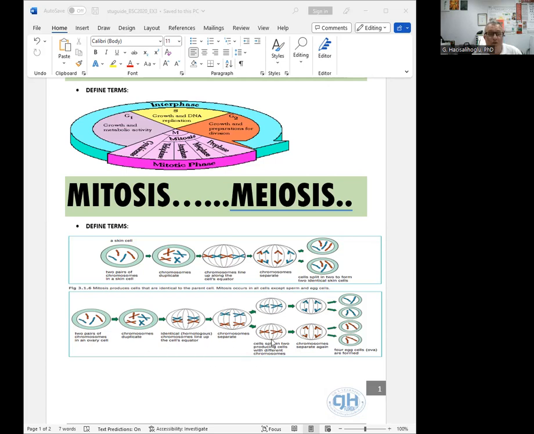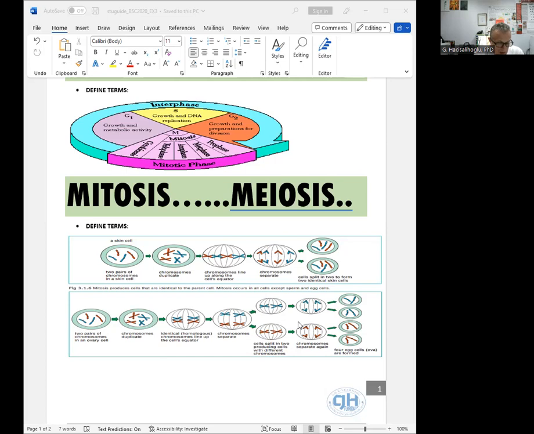Again, you need to know the 10 steps of meiosis. It starts with interphase and goes through prophase, metaphase, anaphase, telophase. Now it goes through a second set, meiosis 2: prophase 2, metaphase 2, anaphase 2, telophase 2. If you pay attention, you can easily see that every phase duplicates except interphase in meiosis. So that's why if we start with 4 chromosomes here, we end up with 2 chromosomes in each daughter cell. Not 4, but half of the parent. But this doesn't happen in mitosis. Whenever we start with 4, we end up with 4, 4.